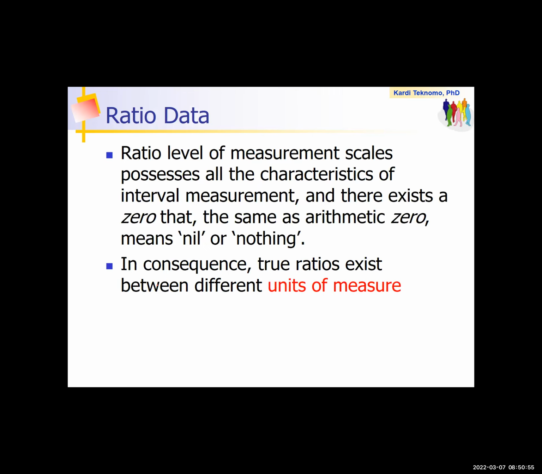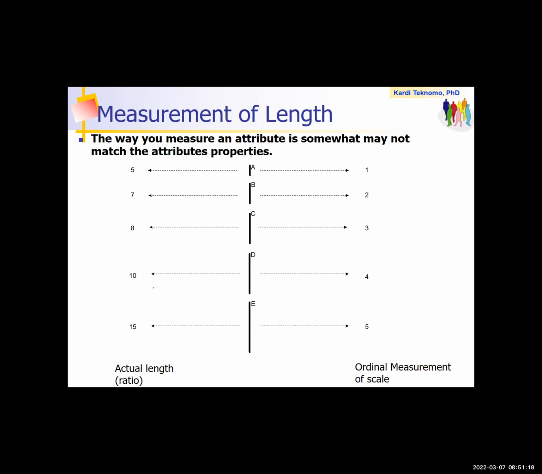Ratio data type, the other one, possesses all the characteristics of interval measurement. Okay, and there exists zero. That zero here is absolute zero. That means nil, nothing. Okay, so in consequence, the true ratio exists between units of measurement. Okay. So